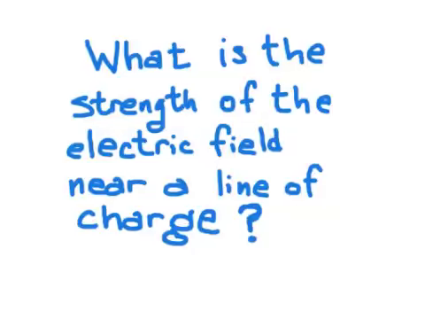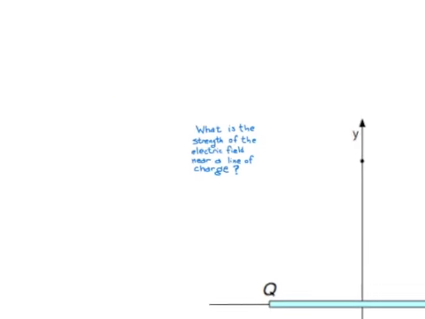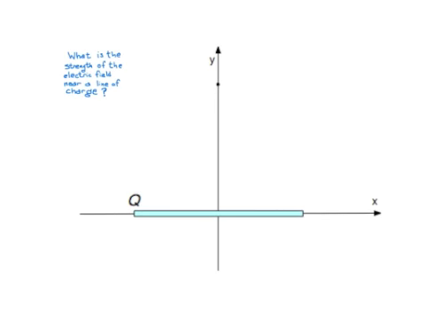What is the strength of the electric field near a line of charge? We're going to do an example now of computing field strength near a continuous distribution of charge, meaning that this chunk of charge here is a line of charge. It goes from here to here and the charge is spread out evenly throughout, as opposed to all the charge being discretely placed at one point that has no definable